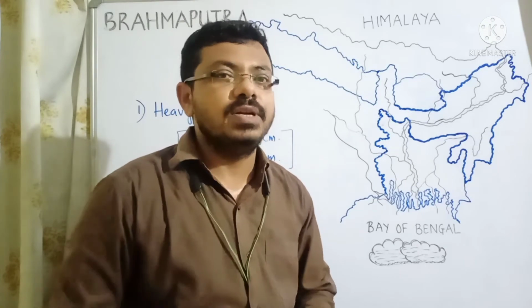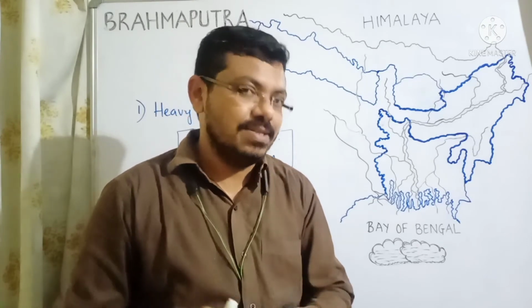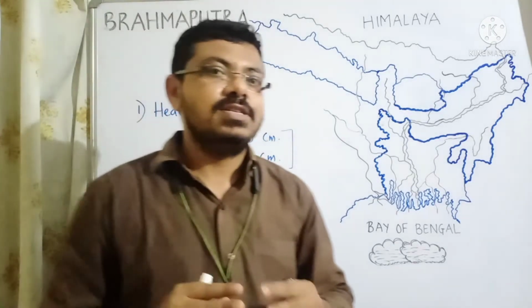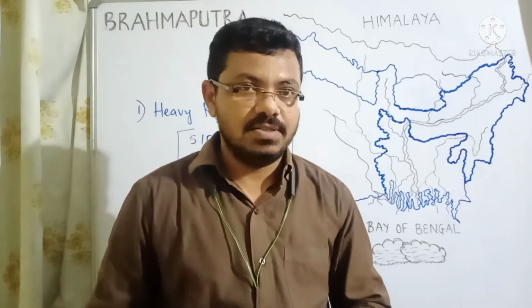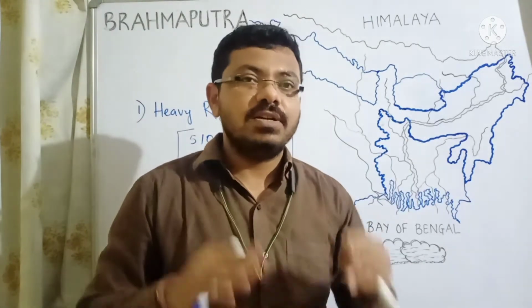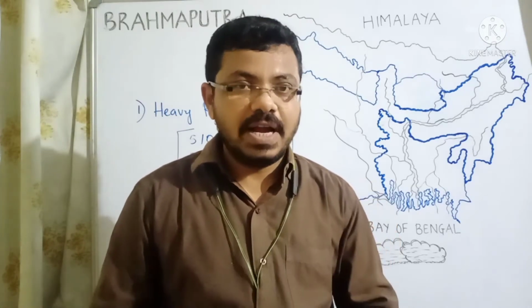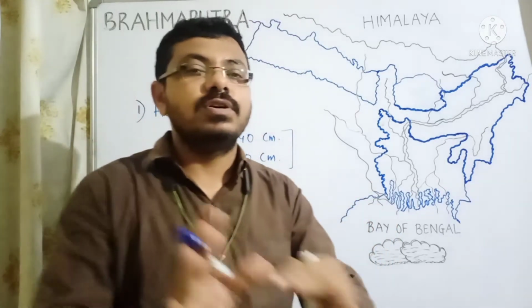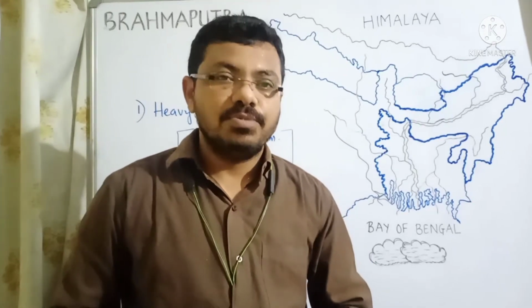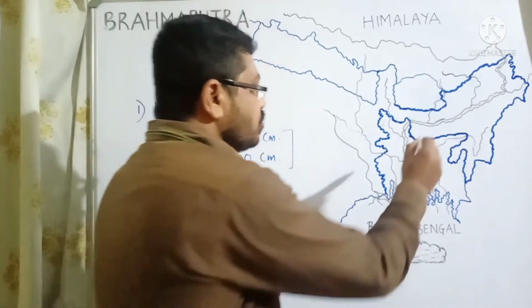And the main important tributary of the river Brahmaputra is Tista. River Tista is responsible for heavy floods. In this region, river Tista gets flooded every year, and that entire amount of water goes into the Brahmaputra river. Plus, there are two important